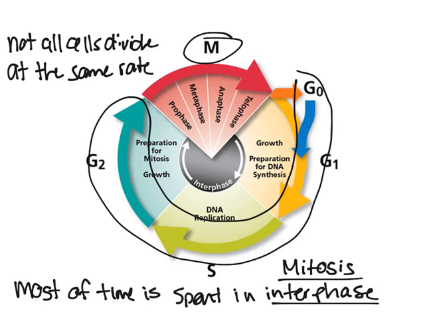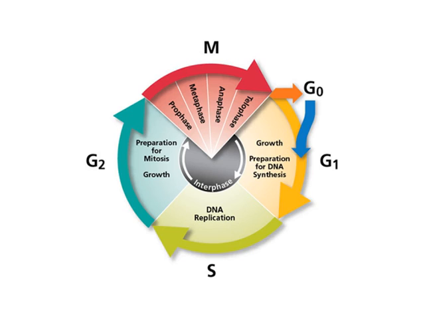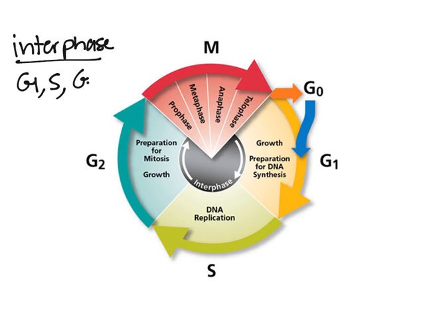And so let's talk a little bit about interphase. Let me clear this. Interphase is made up of G1, S, and G2. First let's talk about G1. G1 is the longest stage. S is the second longest, G2 is the third longest, and then mitosis is the shortest. But anyway, back to G1.